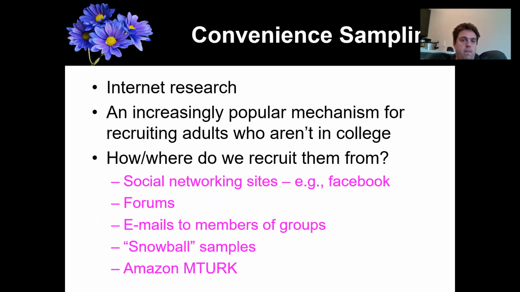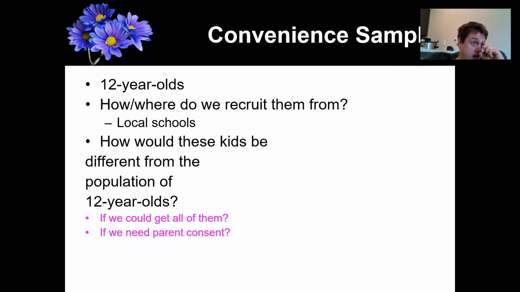Another thing too is that parents have to actually agree to consent, not the kids, when you're running studies on children. So that could be another factor. Which parents decide to put their kid in the study? Do they differ from the general population somehow? An example of that might be, let's say the parents who do agree to put their kid in the study, are they more interested in science, right, or just kind of research in general?